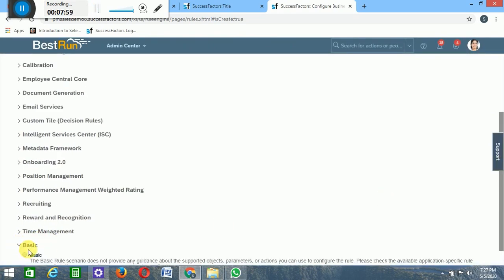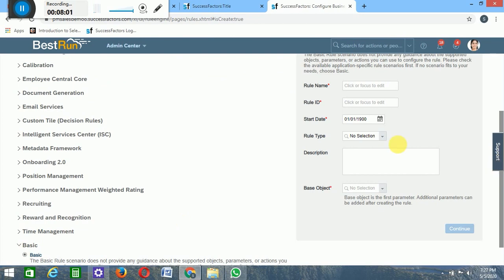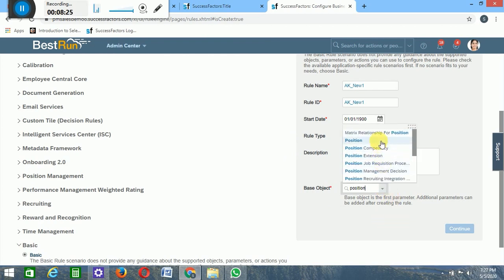Go to Basic and give a rule name. We are creating a rule, AK underscore new 1. Start date should always be 01/01/1900, and the base object on which we are creating the rule is the position object. Select position.